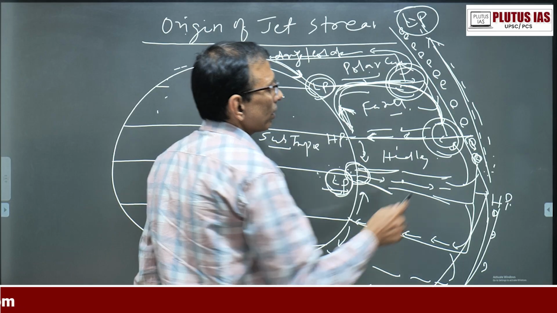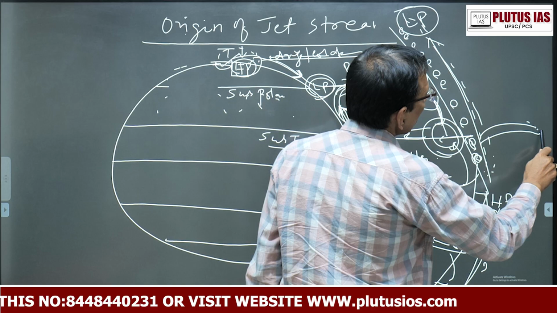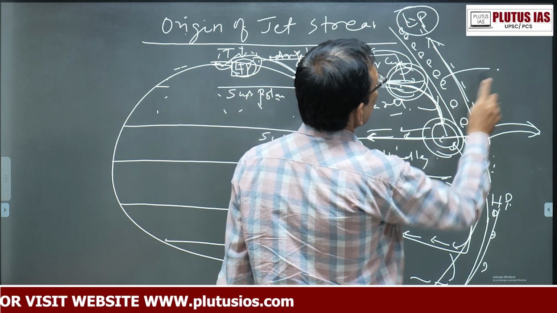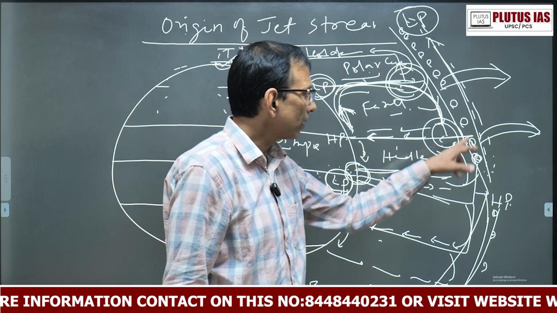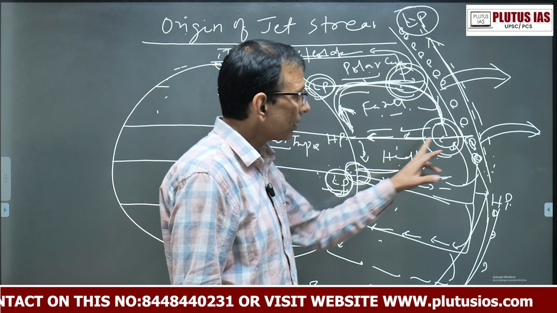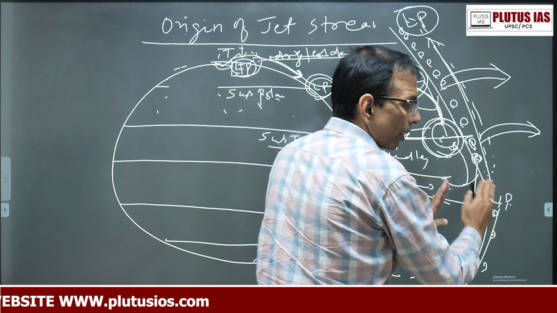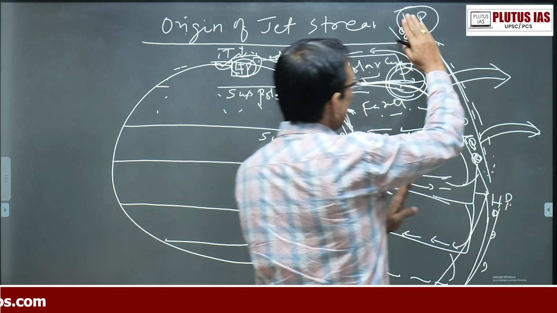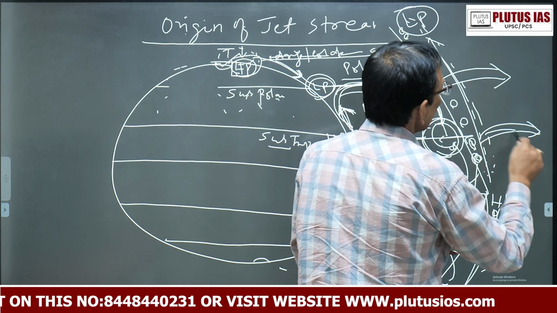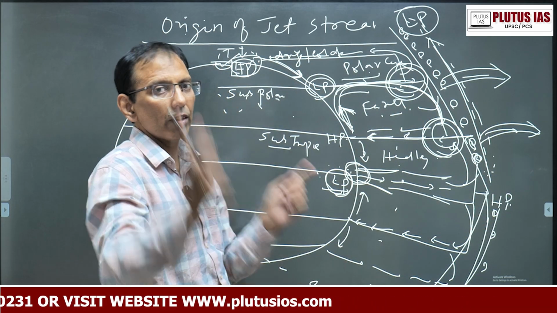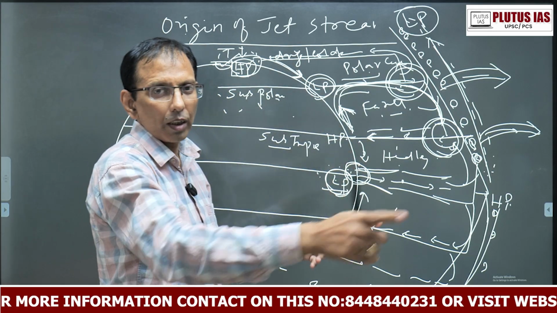यहाँ पर क्या होगा, certain parcel of air will have the tendency to be tilted, to be shifted towards the rotation of the earth। क्या बताया कि यहाँ पर क्या होता है, at the junction of Ferrel cell and Hadley cell, certain parcel of air, because of the high speed wind moving from equatorial high reaches to the polar high reaches, see certain parcel of wind is shifted towards the rotational direction of the earth। This is the earth moving like this, है ना, ये अर्थ है, इसके चारों ओर एयर भी है।